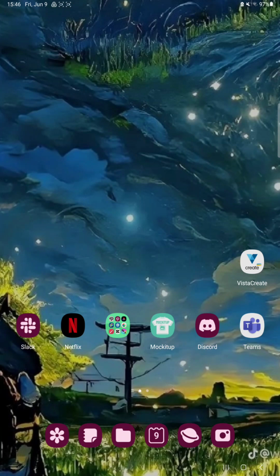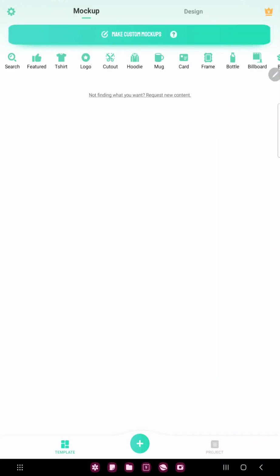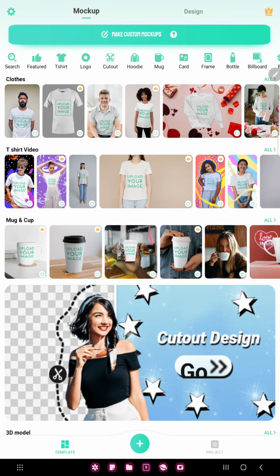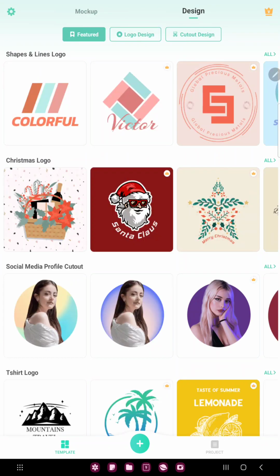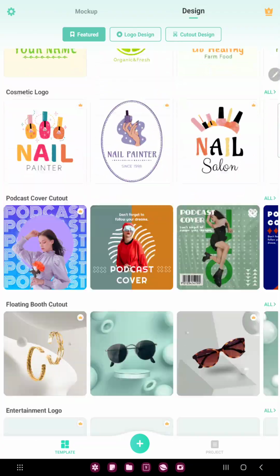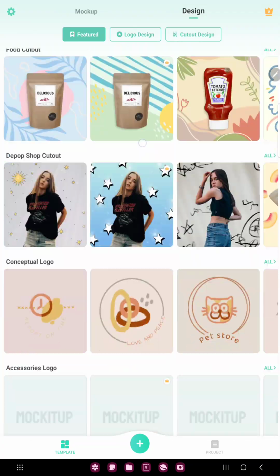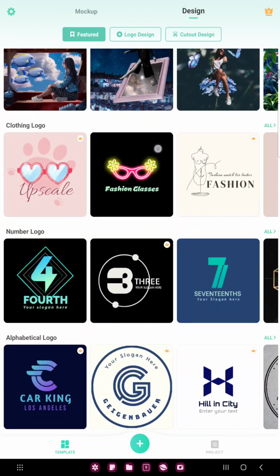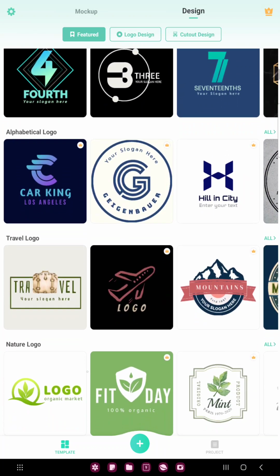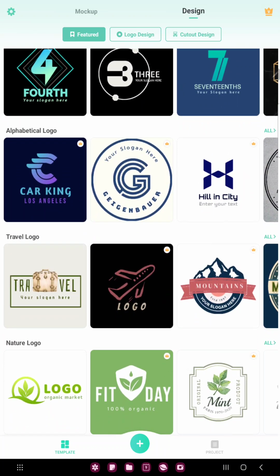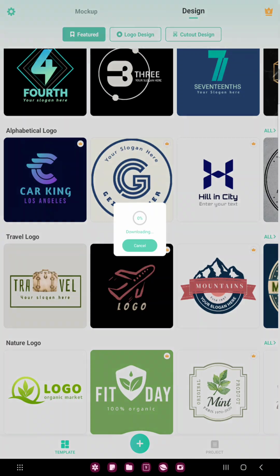First of all, open the application on your device. Tap to the logo section next to the t-shirt button at the upper side on the screen, and in the featured section scroll down and you can find the travel logo option. Now, just select a template